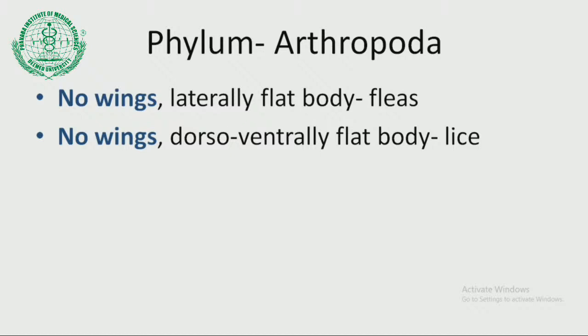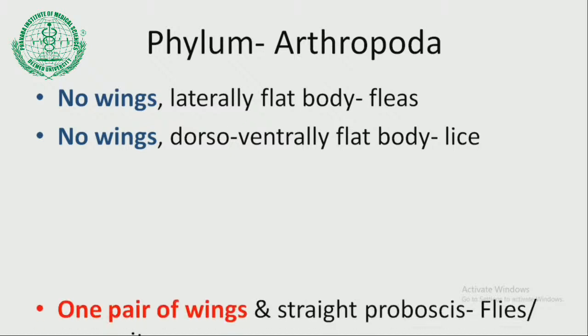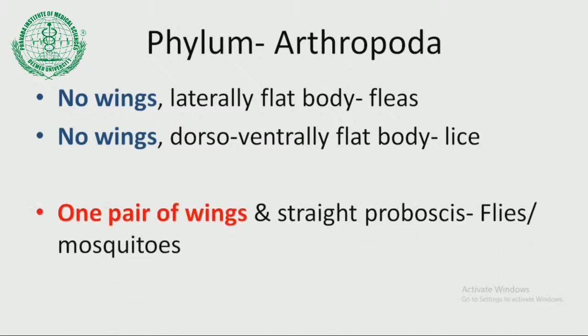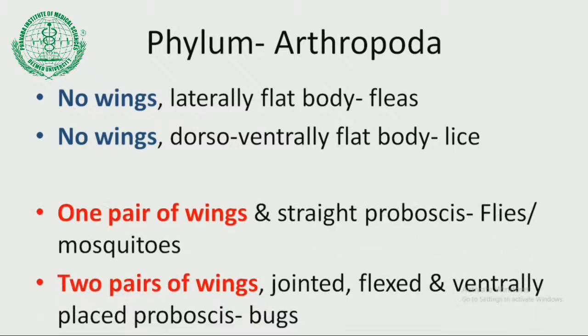It comprises many types of insects. Few of the important characteristics of some of the vectors have been shown here. Like some of them can be wingless. Wingless can be subclassified into having a laterally flat body, for example fleas, and having a dorso-ventrally flat body, for example louse